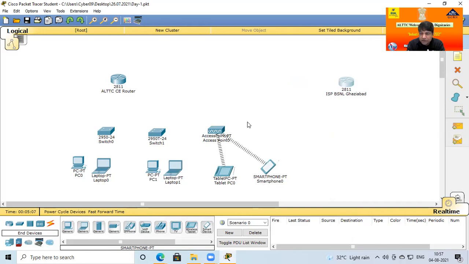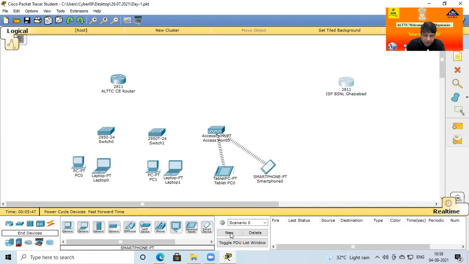Earlier, starting on the second or third day, I explained that the whole world is connected through optical fiber. For the longest-distance communication, we use the optical fiber communication network. At the same time, if anybody asks which type of media is most usable at the local level, in local connectivity the most usable cable is copper wire. And in the current time, you can say 99% of this copper-wire communication is done by the LAN cable.